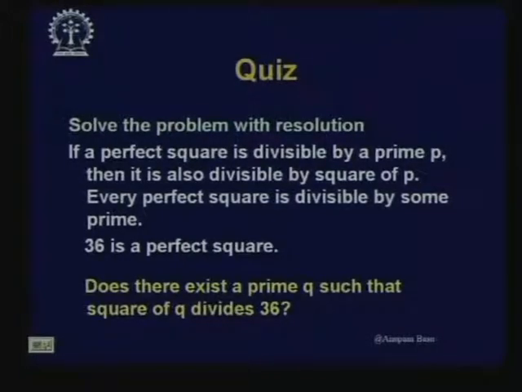So, this is the same problem. If a perfect square is divisible by a prime p, then it is also divisible by the square of p. Every perfect square is divisible by some prime. 36 is a perfect square. Does there exist a prime q such that the square of q divides 36? So, the same thing, you convert it into clausal form, which we did in the last lecture, and try to